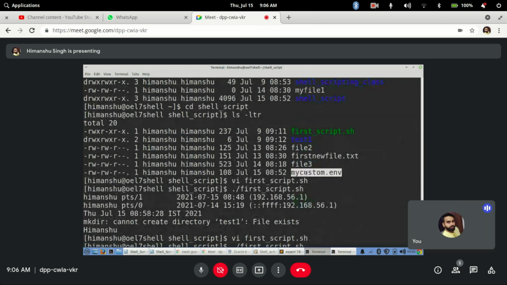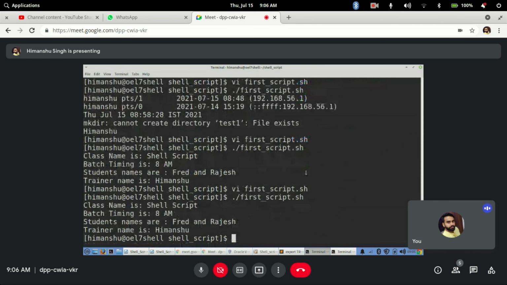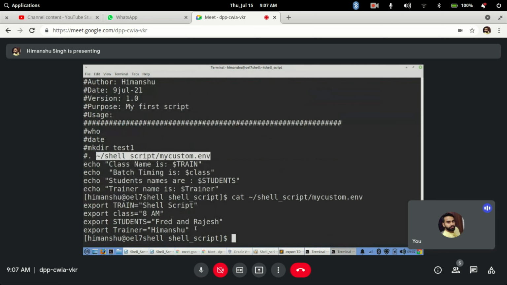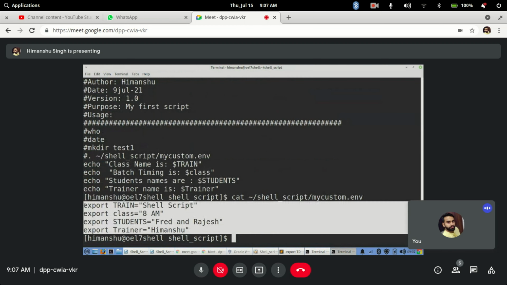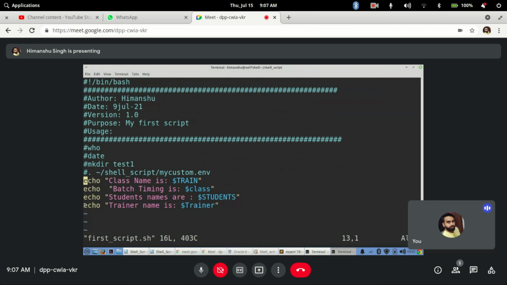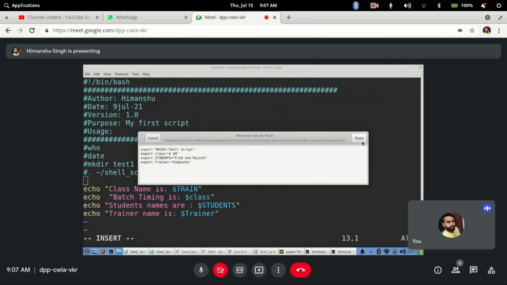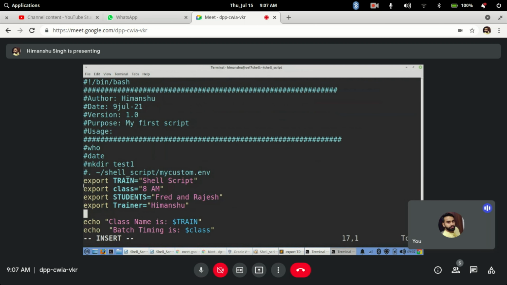Whatever variables I have defined here, I can simply copy and paste into my first script, in the line I have commented, and paste the variable there also.